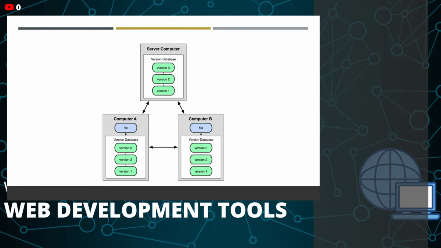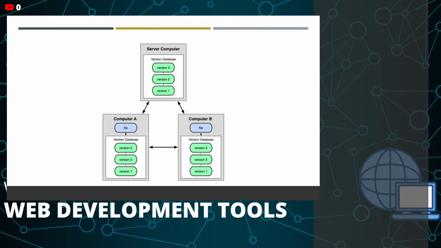And so both of those files on computer A and computer B are equally valid, right? Computer A and computer B, as well as the server computer, those versions of the code are all the same, right? Or I shouldn't say all the same because they could have made changes to them, but they are all as important as one another,